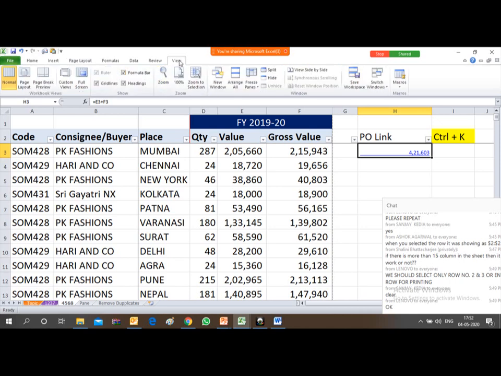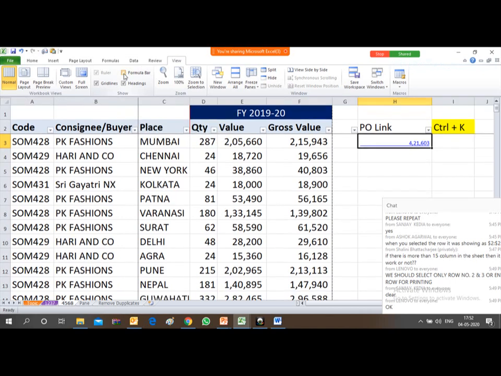Why does this happen? Go to the View option, and you will see the formula bar option over here. Sometimes this tick disappears, and because the tick disappears, you will not be able to see the formula bar. Now see, I am not able to see the formula bar.